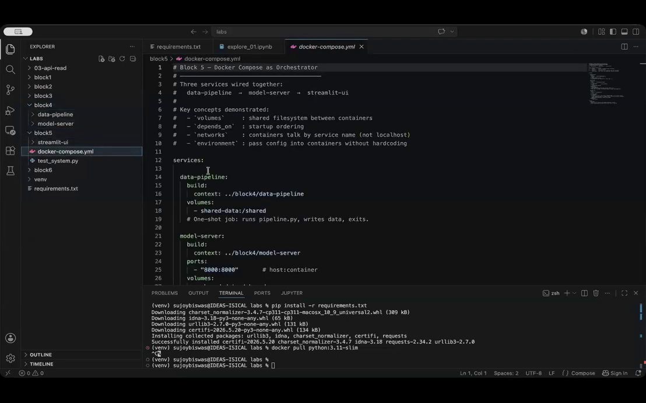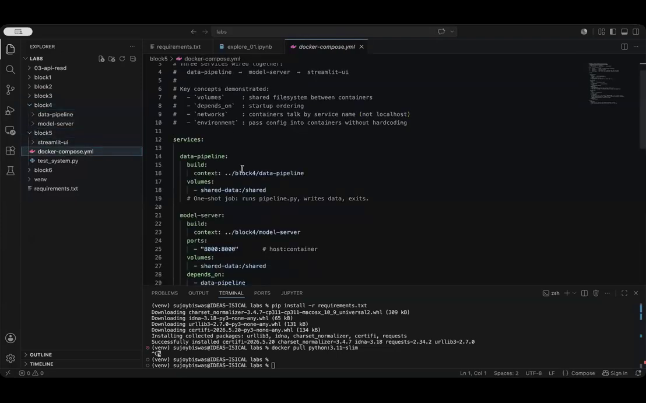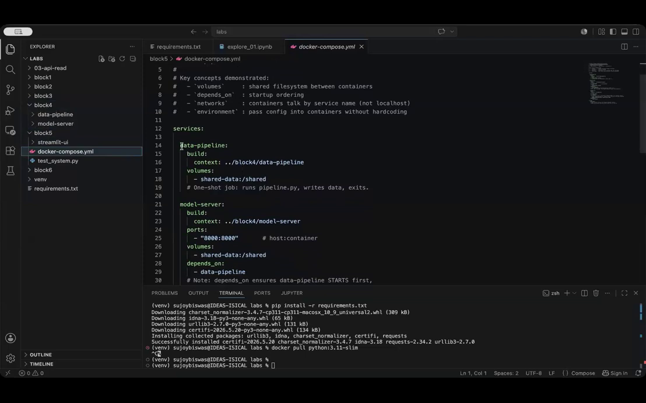This is what this YML file does. Look at this, what it does. It runs the Docker file for data pipeline. Data pipeline is this container, and this container has its own Docker file. So